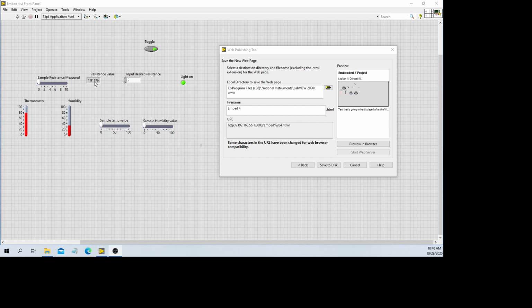during the readings. And this too is the measurement of the thermometer and humidity sensor using the DHT11 sensor.